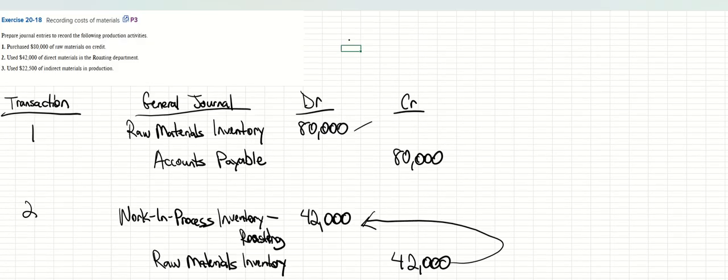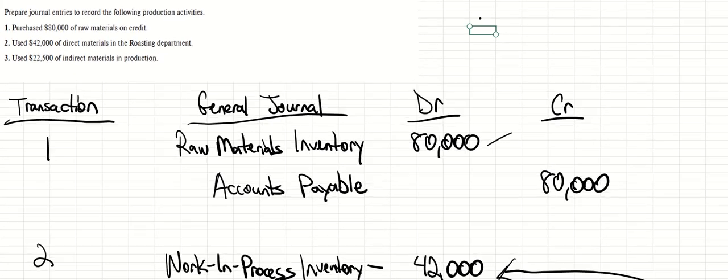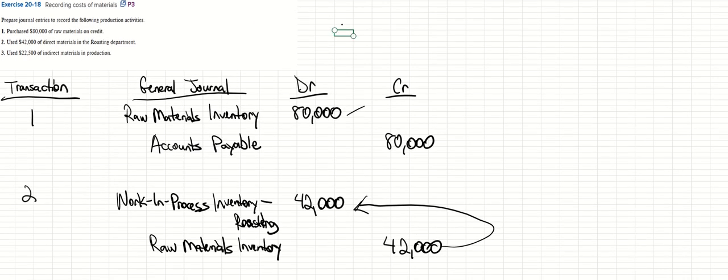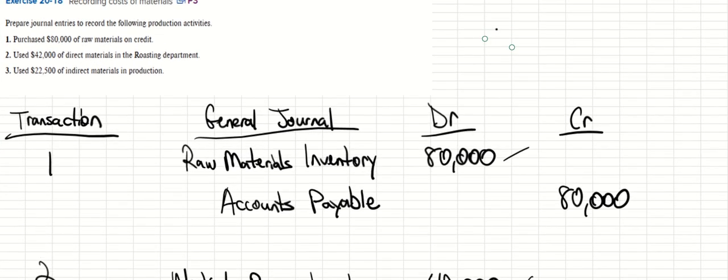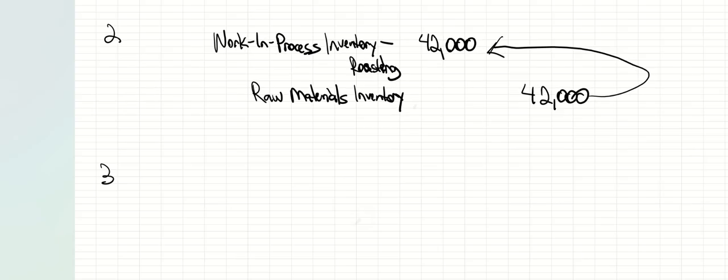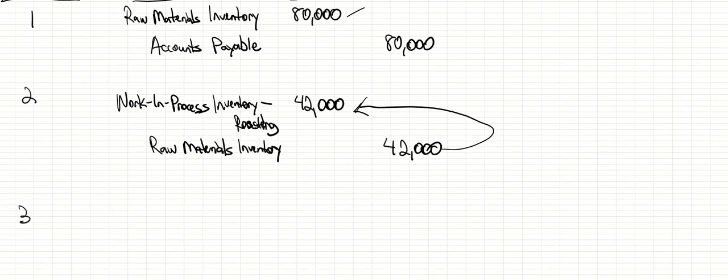Lastly, transaction 3. It says used $22,500 of indirect materials in production. So it lets us know indirect materials was used. Direct materials and indirect materials come from raw materials, just so we know. So it is coming from the raw materials inventory account, direct and indirect materials. So this means that raw materials is going to be credited again